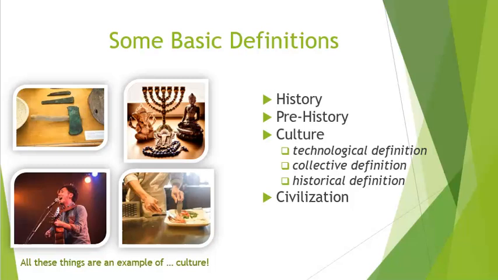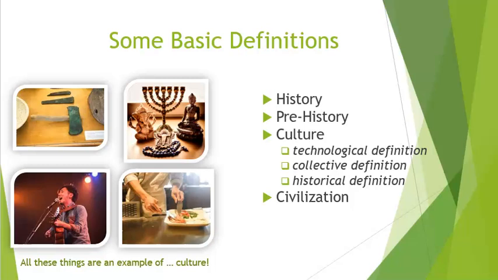It is the characteristics or way of life of a particular group of people which finds expression in their social, religious, or other customs, their language, their music, their art, cuisine, and other markers of group identity. In other words, culture is what makes people from Italy Italian, or makes people from China Chinese, or what makes people from the United States American, if you prefer. Third, culture has a historical definition.